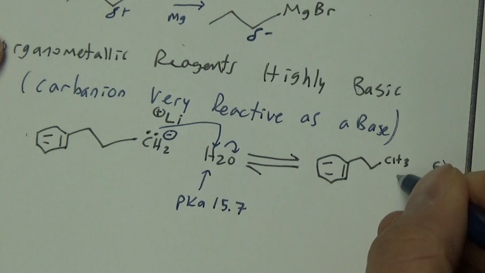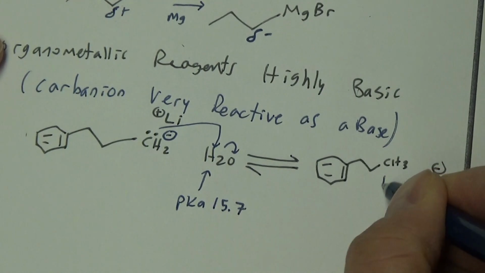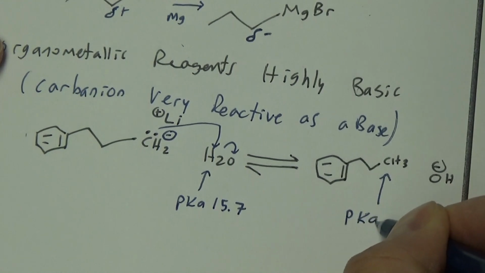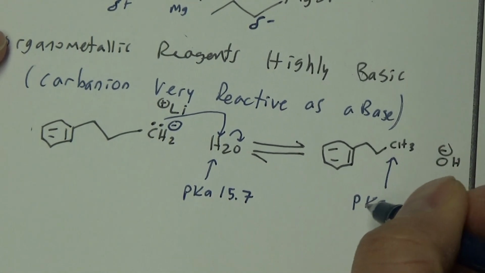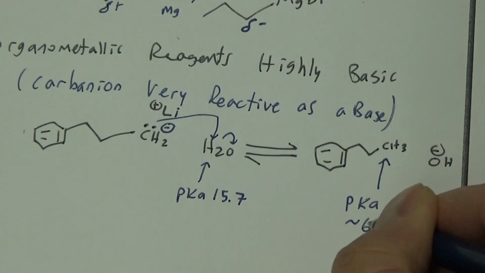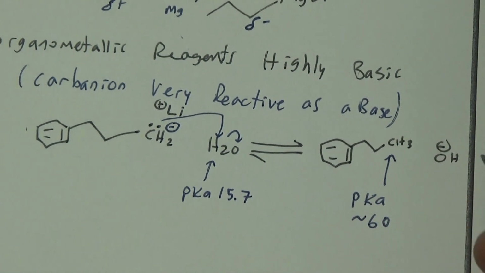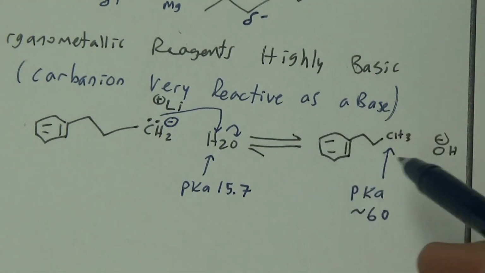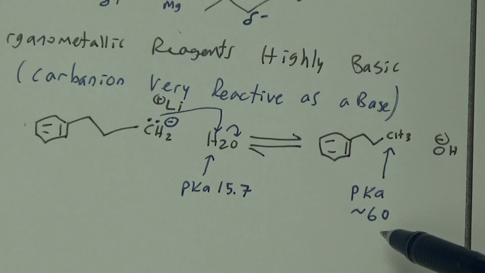And then we compare that with the pKa of this guy, of an alkane. If you look on that chart I gave you, it doesn't have this specific molecule, but it has other alkanes, and it's roughly 60. So when we compare it, if I'm trying to determine the K value, the equilibrium constant, it's going to be